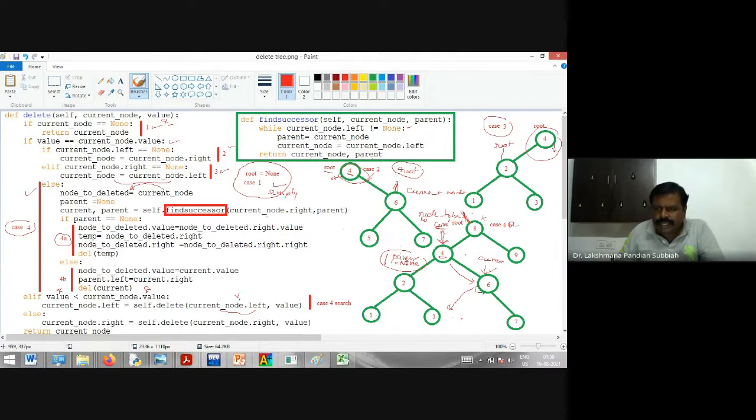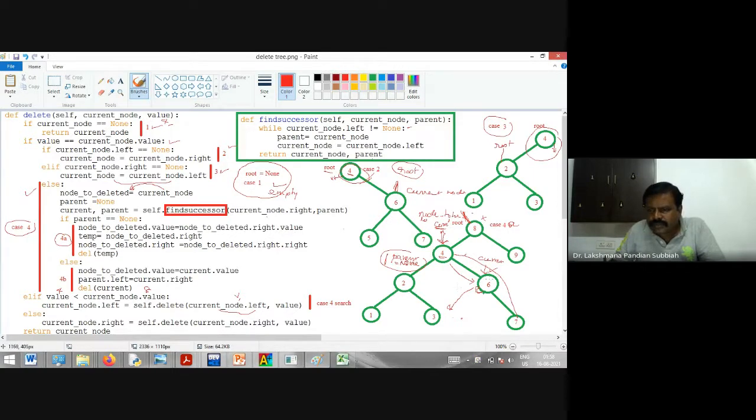Now in the 4a case, the right leftmost is not moving. It is just null. So what we have to do is make a link from that to here, delete 6, and copy that 6 to here, right? So what we are doing now is node to be deleted value equal to node to be deleted right value.